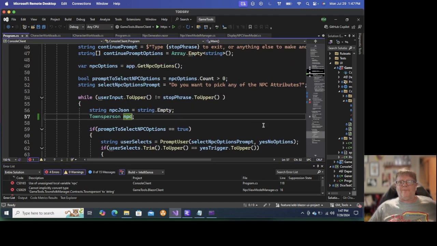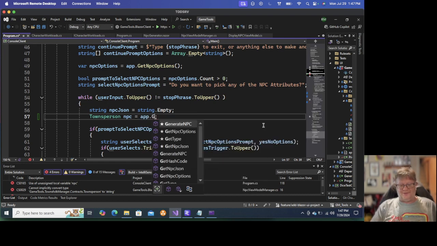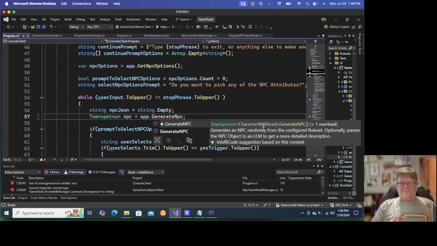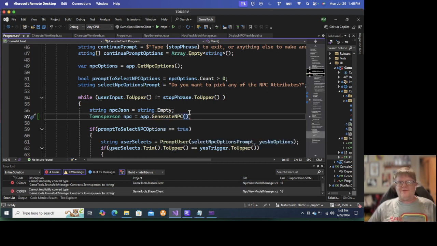Heck with it. Equals app.GenerateNPC. There, that'll shut it up. So we're going to just generate something right off the cuff, and then we will,